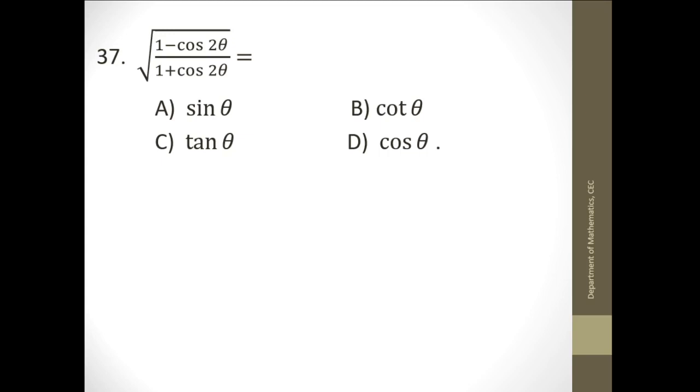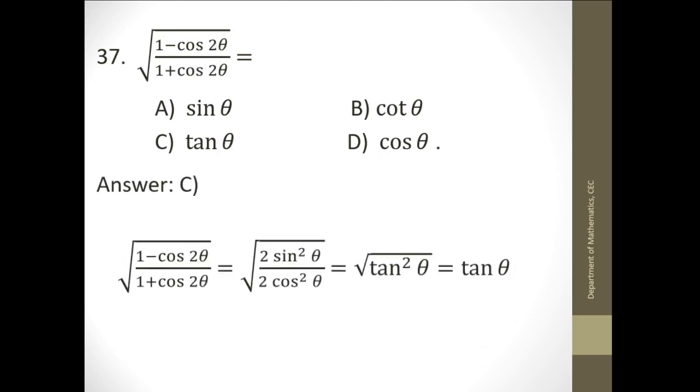Therefore, please remember 1 minus cos 2 theta is 2 sin square theta. 1 plus cos 2 theta is 2 cos square theta. Therefore, this result is tan theta. See, half of this 2 theta is theta. Suppose here it is theta given, then here theta by 2. That's all. Answer is C. Just use the direct formula, substitute and simplify. Next question.